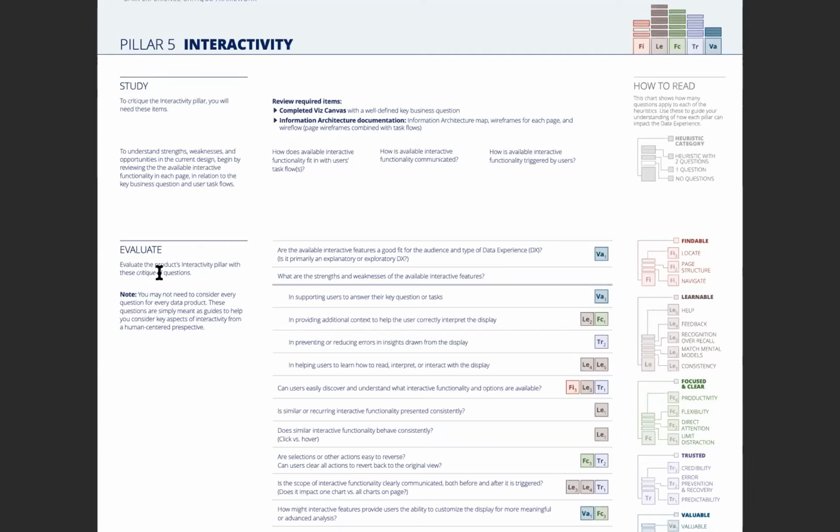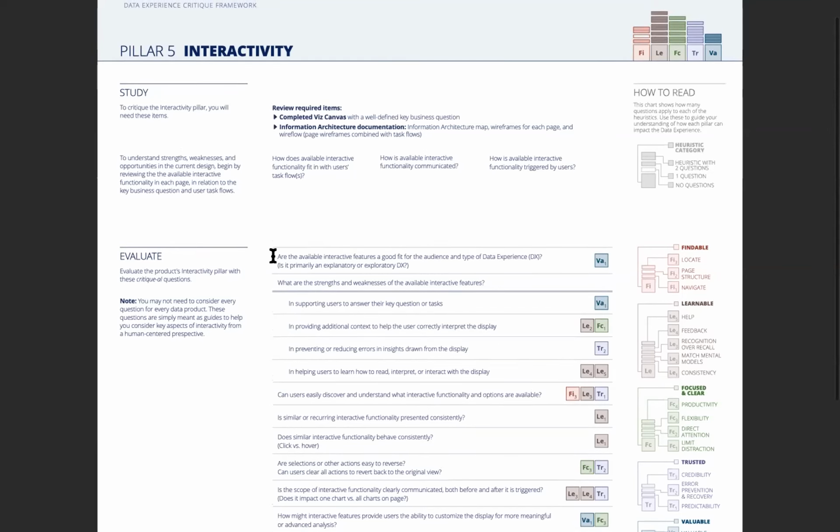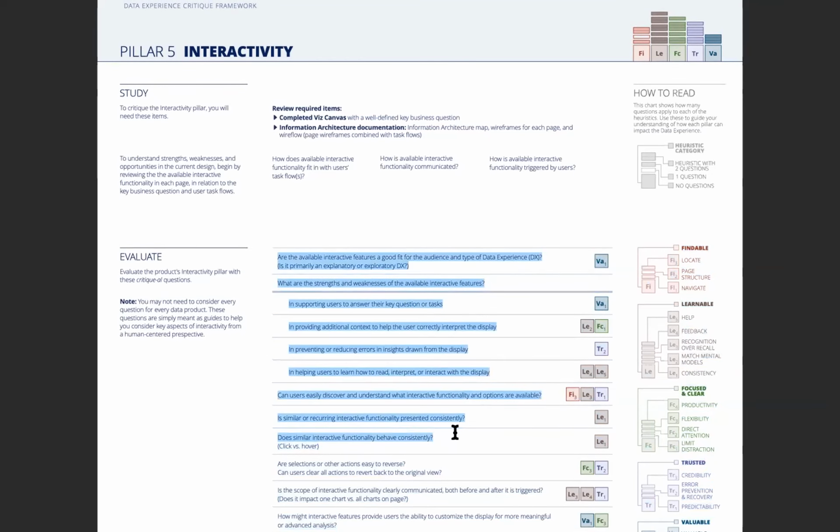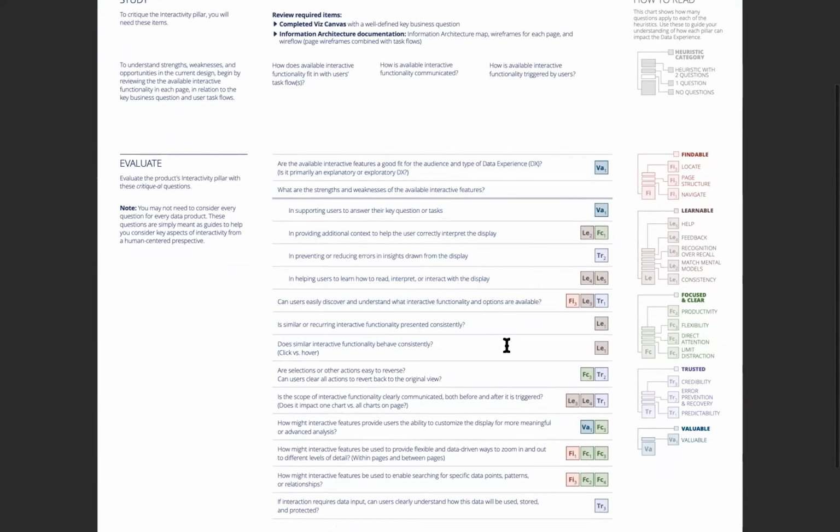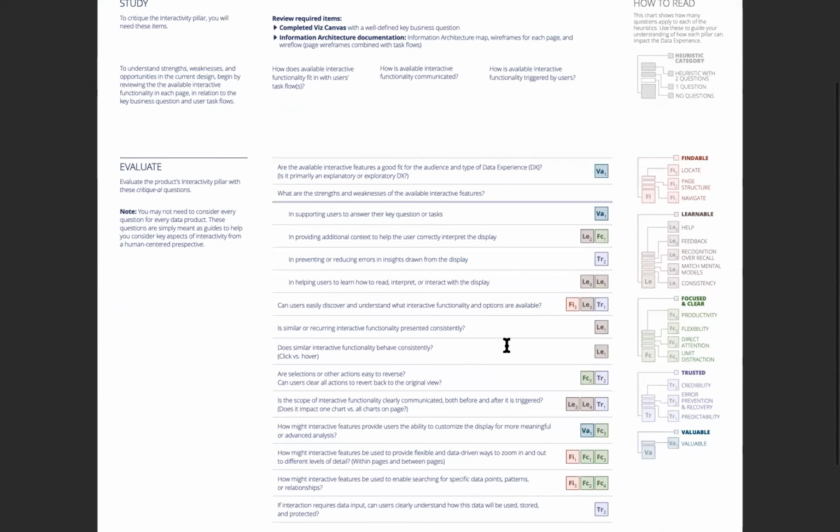So most of the content in this section is what we're affectionately calling critiqual questions. That's these questions right here. If you read some of these, you'll notice that they're really open-ended prompts that guide you through considering all the different aspects of, in this case, interaction design.